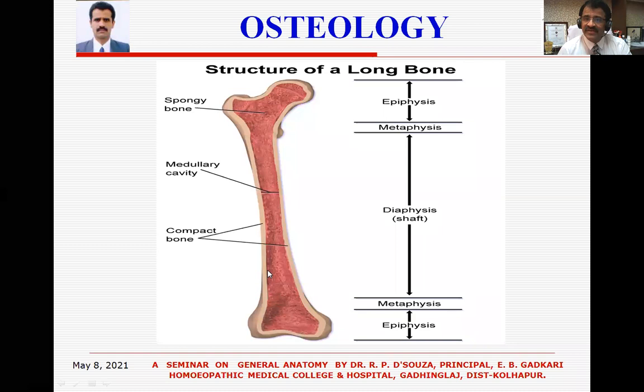So medullary cavity is usually absent at both the ends. And by development, both the ends are called as epiphysis. And in the center, shaft is called as diaphysis. And the junction of diaphysis with epiphysis is called as a metaphysis. So don't forget this terminology: epiphysis, metaphysis, and diaphysis. There are three of them. So the shaft means diaphysis and ends means epiphysis. At least this you remember at this present.